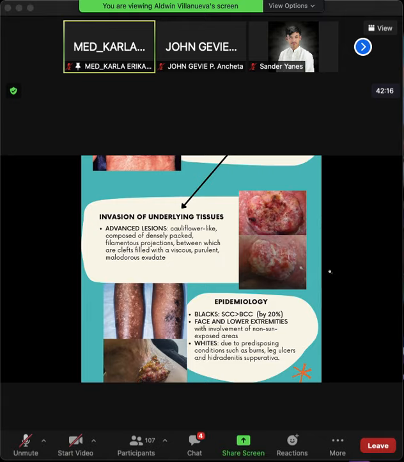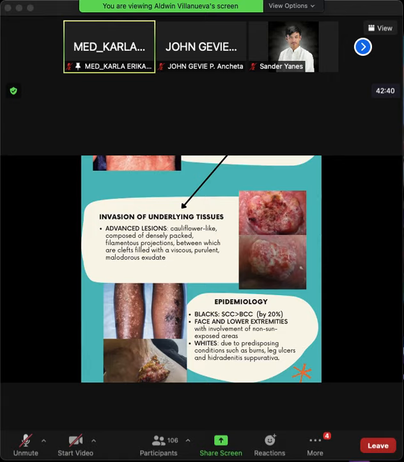What else? It's important that you know your risk areas for BCC and SCC because it will affect the management of these cases. So, good infographic for the second group. I think the first group just misunderstood. However, I appreciate your